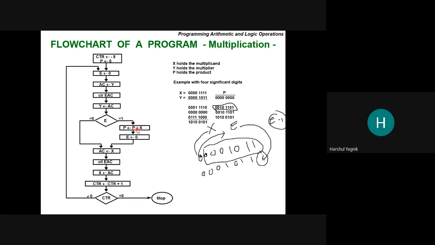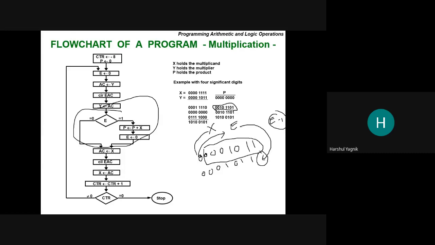What does this mean? Anyone? Okay, there is a question from Abhiraj in the chat box about what is the meaning of negative here.